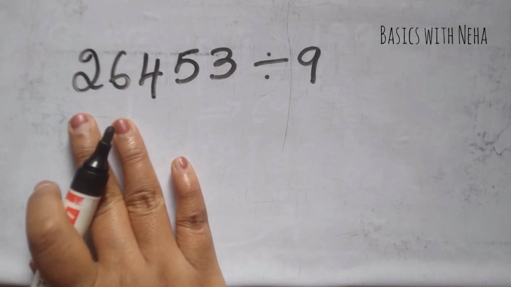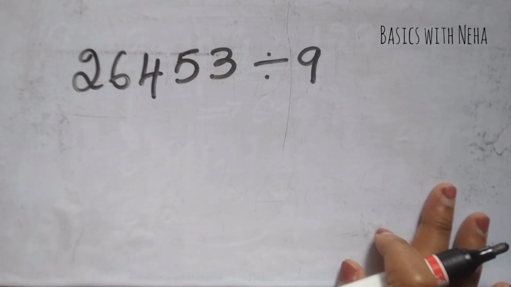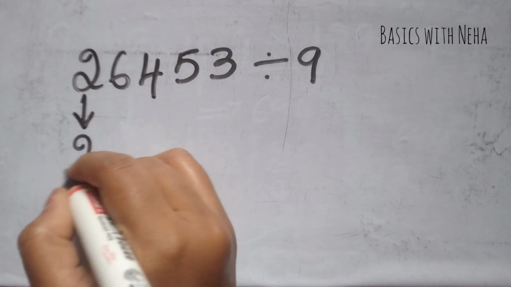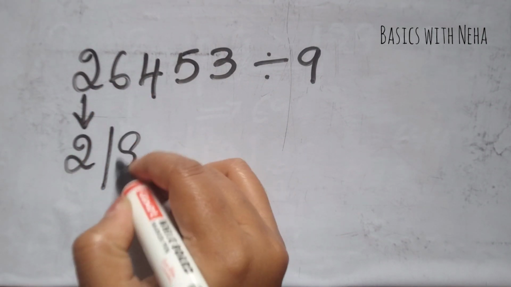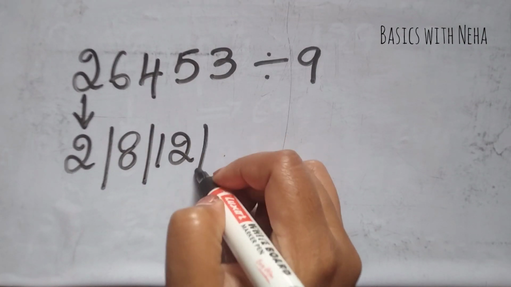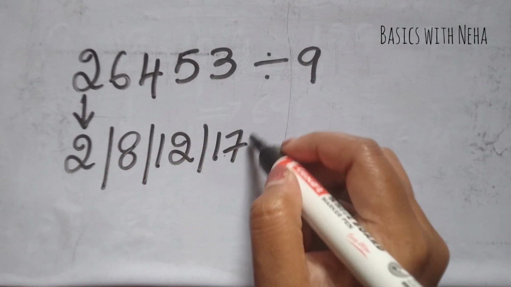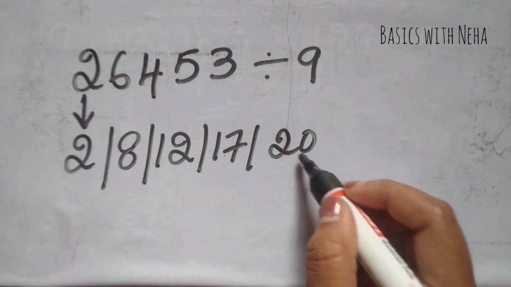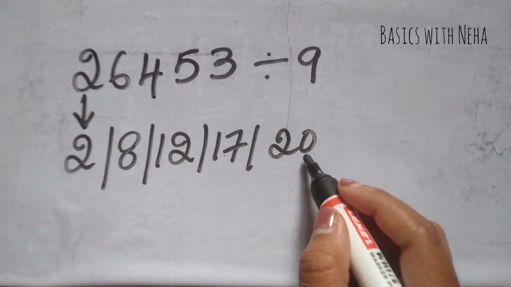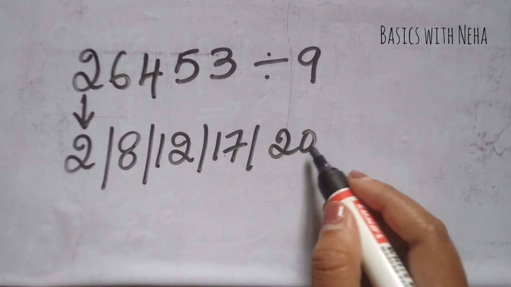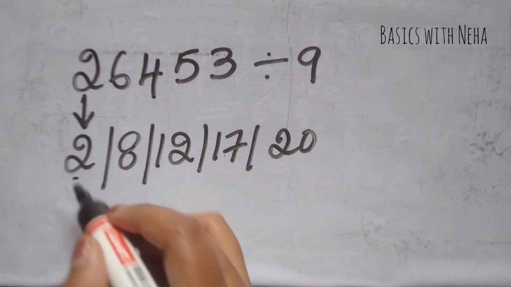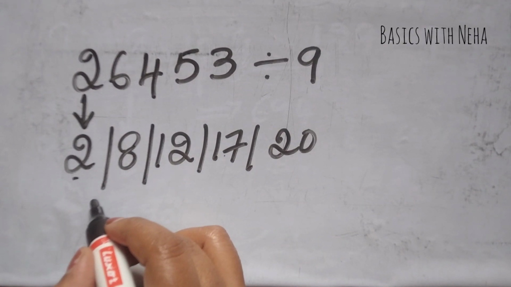The next question, 26,453 divided by 9. Take this 2 as it is. 2 plus 6 is 8. 8 plus 4 is 12. 12 plus 5 is 17. 17 plus 3 is 20. Again, 20 is larger than 9. So divide that by 9. So before you divide, you have to balance this. So when you balance this, this will be 2,